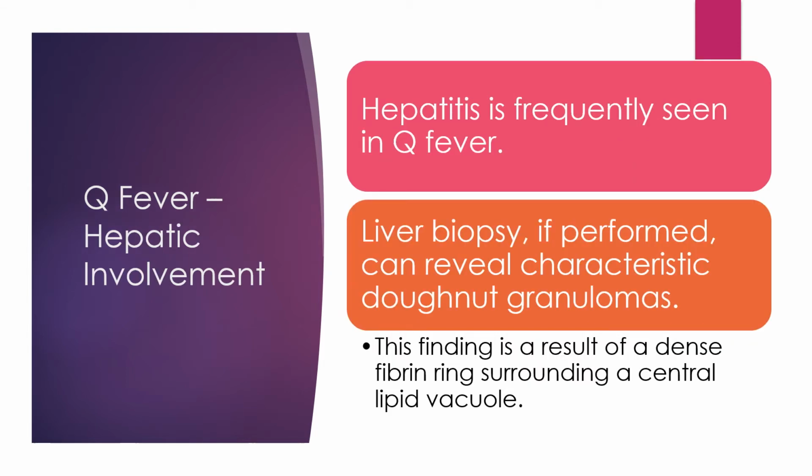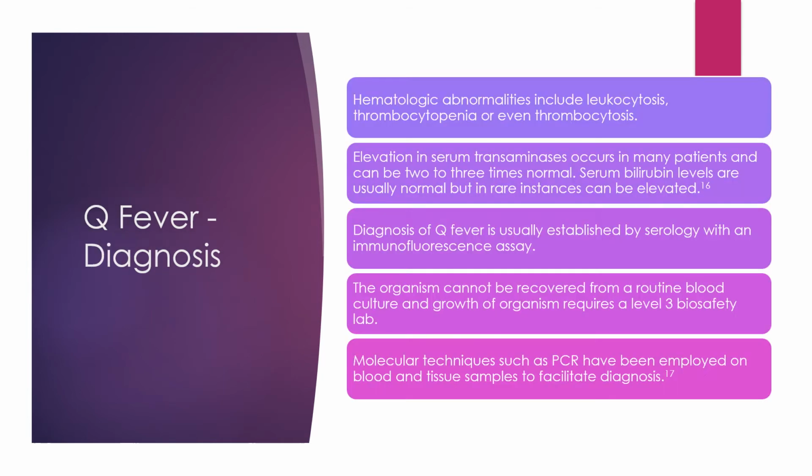Hepatitis is frequently seen, and the characteristic finding, which you may have learned in medical school, is a donut granuloma. And these are typically seen because there's a dense fibrin ring surrounding a central lipid vacuole. And diagnosis. In terms of basic laboratory abnormalities, likewise, the findings are variable, but it can include an elevated white